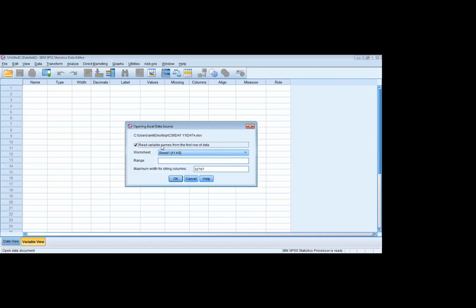Here one more message tab will come like this. I have more than one sheet: sheet 2, Karl Pearson, Spearman, and Spearman normal data. Now I am obtaining the data of Karl Pearson.